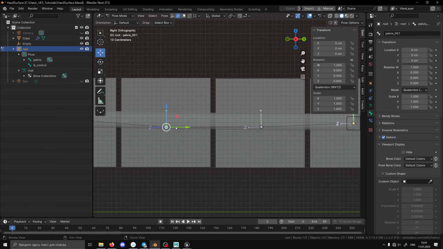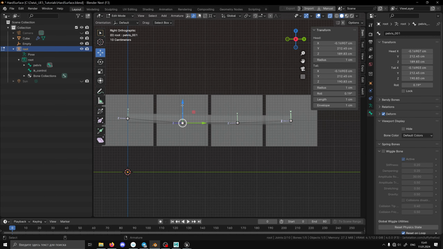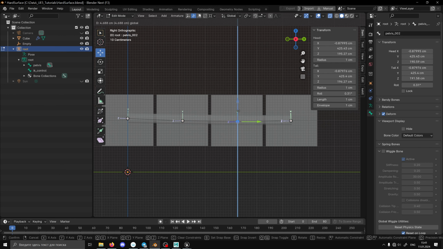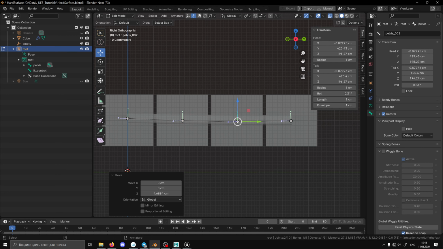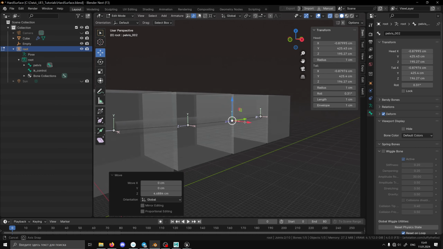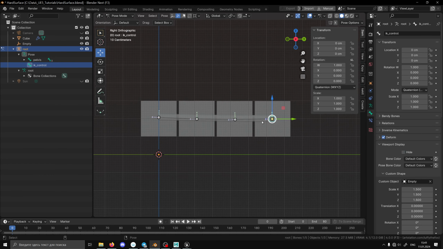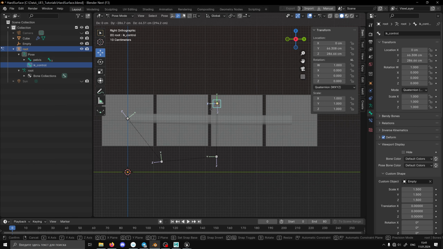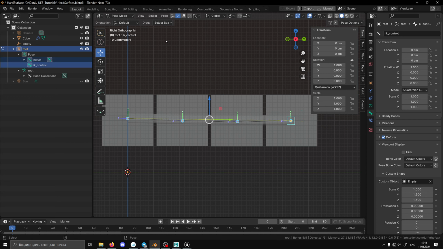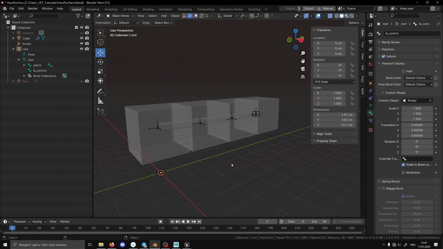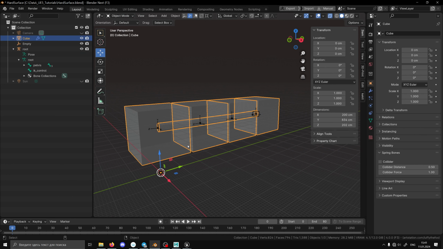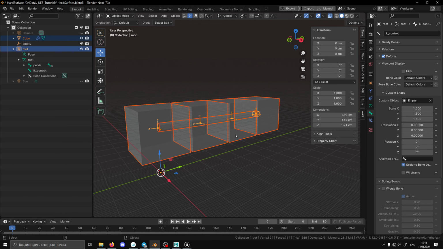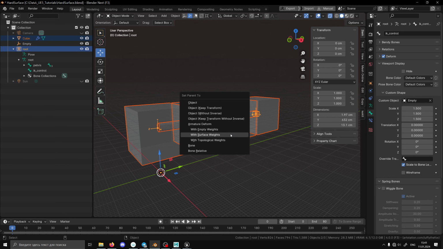How can you actually do it? You can edit the position of your joints to match your object. When you tweak your joints in edit mode, in pose mode they will be updated automatically. Also you can apply pose, rest pose if you want. Now you select your object first, select the skeleton next, and use Ctrl-P, set parent to command, with topological weights and